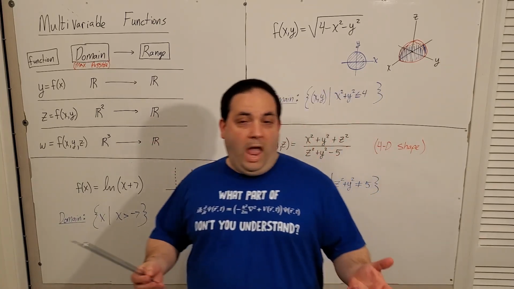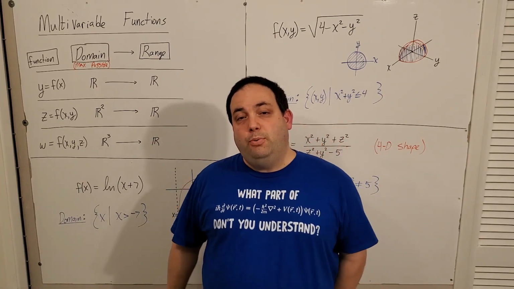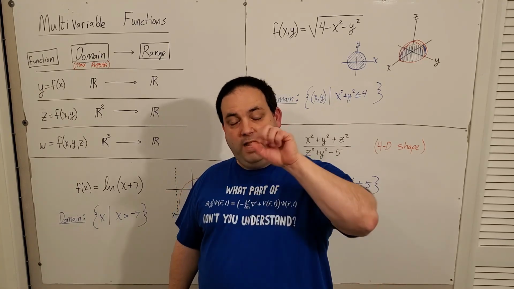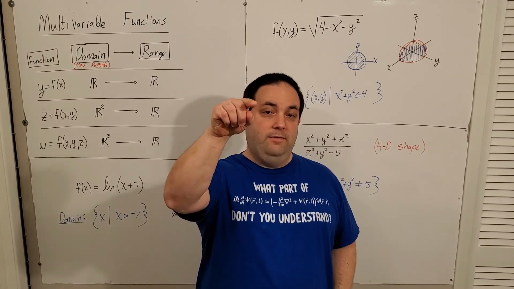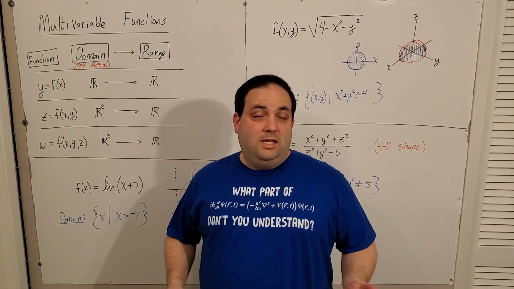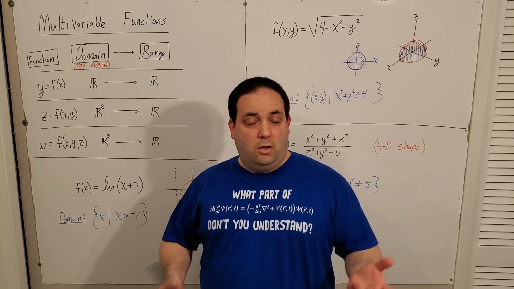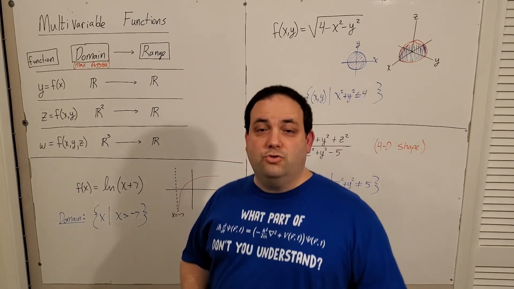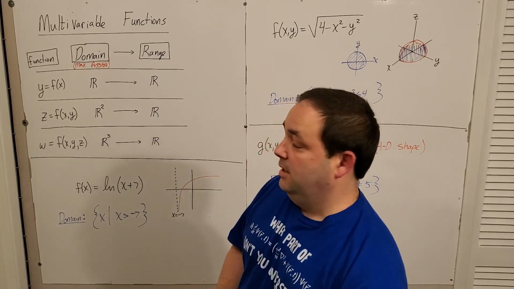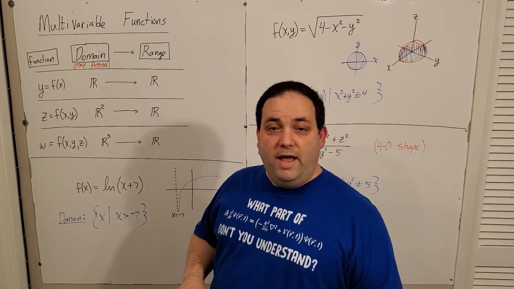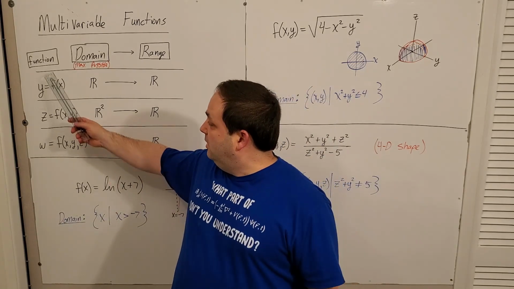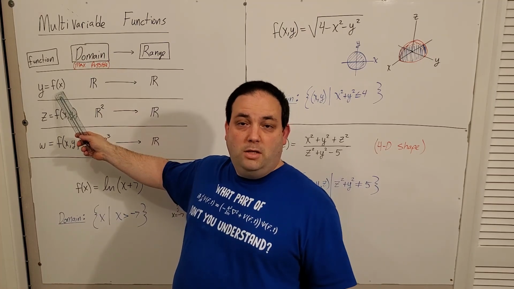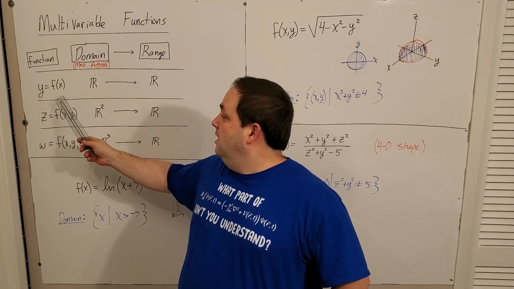So a function, as always, is an input-output machine. It's a mathematical construct that takes in some input and gives back some other output, typically with numerical values on both ends. It doesn't necessarily have to be, depending on what logical structures you want to set up, but here it's going to be numerical values. Okay? So typically you've been dealing with functions like y equals some conglomeration monster mess of x's,